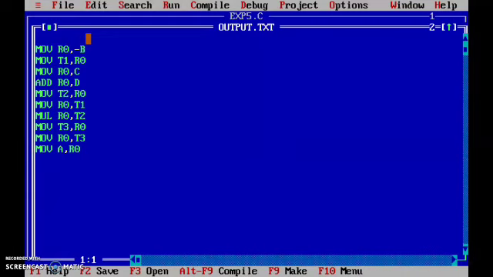Clearly you can observe that corresponding to whatever the intermediate code is there, the machine code is generated here. Initially -b is loaded into register r0 and r0 is moved into t1. It is like t1 equal to -b. After that we have loaded c into r0, and after that add r0 comma d. This is like c plus d. That result is stored into t2. So it is t2 equal to c plus d.